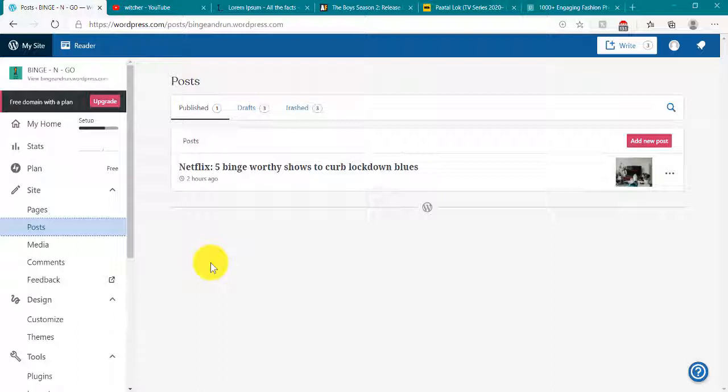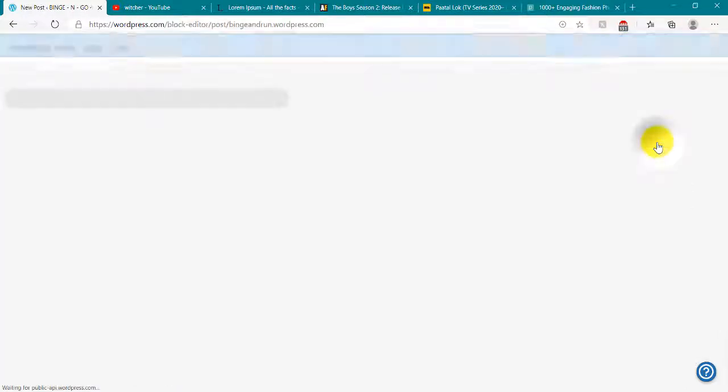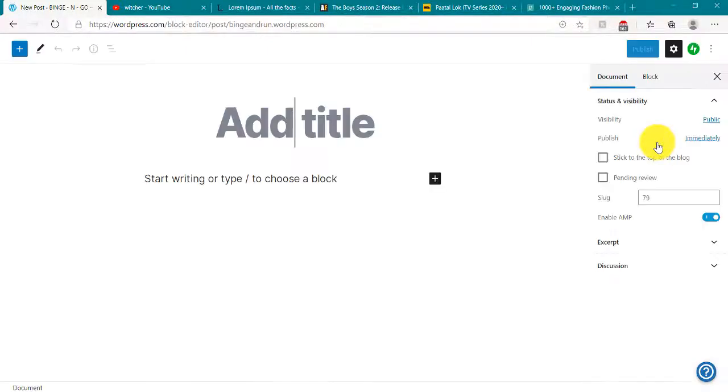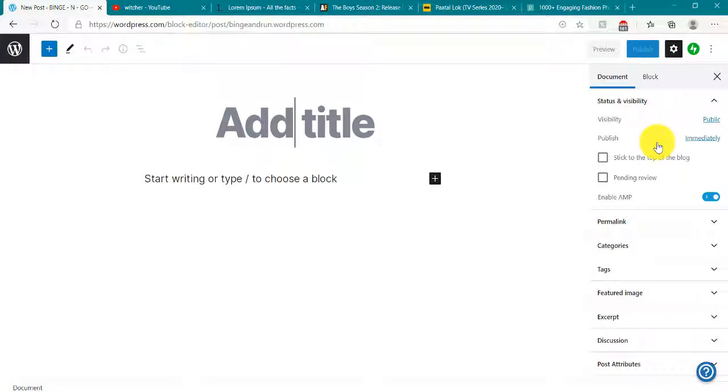So now what we will do in this session is go ahead and create a new blog post and see all the different options that are associated with it. To add a new blog post, first of all you have to click on add a new post on the right hand side, if you can see here. So let's click here and wait for the screen to load up. Okay, so our screen has been loaded up.